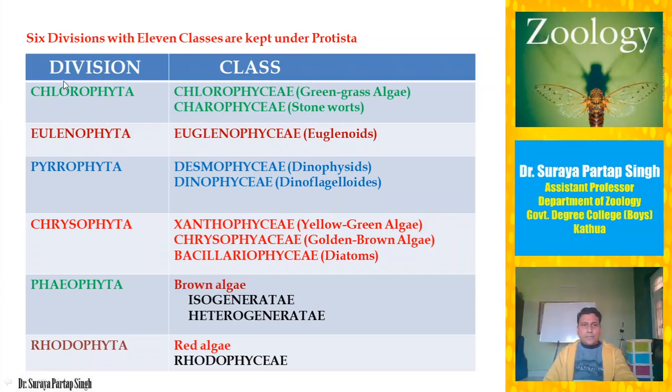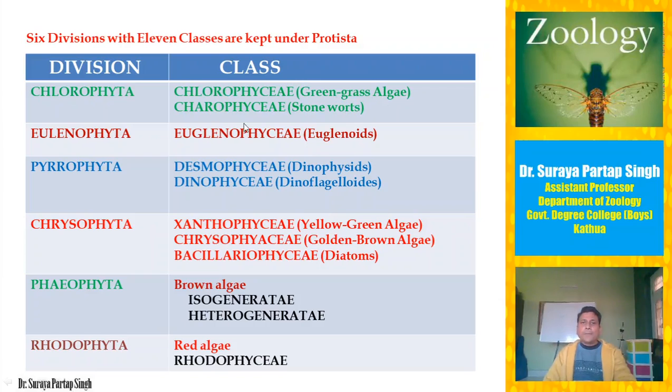Now this classification of these plant-like protists or algae into these 6 divisions is majorly based upon the type of the chlorophyll or the pigments present in them. Depending upon which type of pigment is present, we have different divisions and different classes under these divisions. For example, Chlorophyta has only 2 classes, that is the Chlorophyceae, which are called